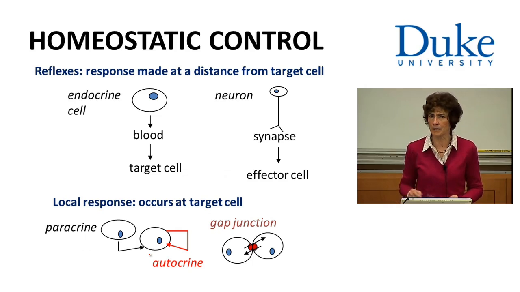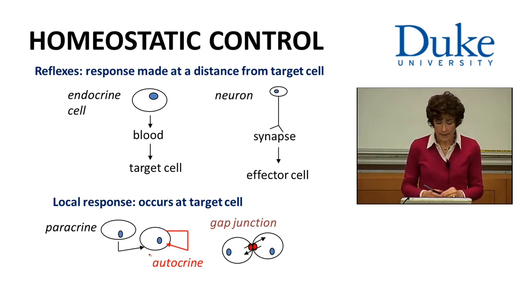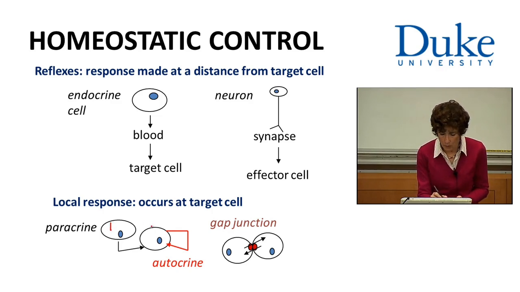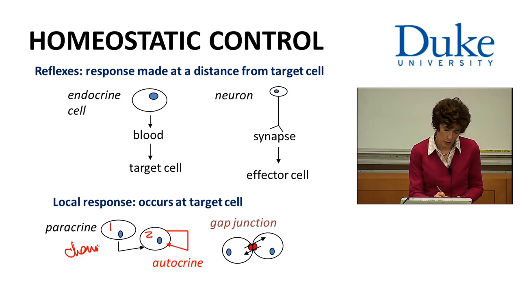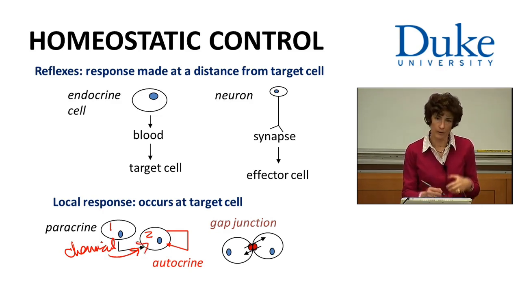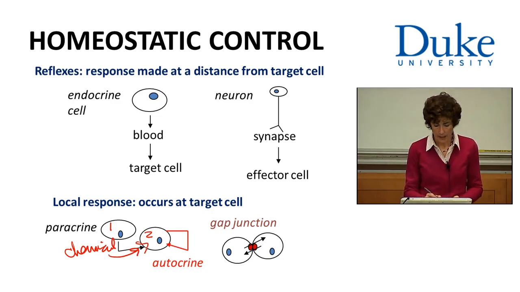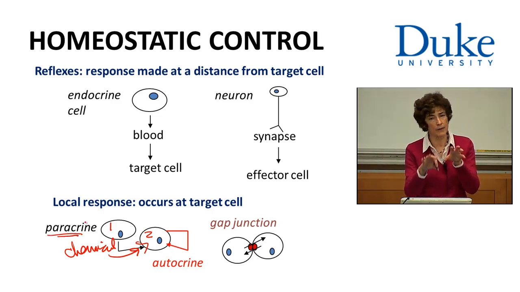Okay, so what are we talking about with homeostatic controls? First of all, we have homeostatic controls that are effected at a local level. And this local response is occurring with neighboring cells. So the first is we have cell 1 and we have cell 2. Cell 1 secretes a chemical, and this chemical then acts on cell 2, which has a protein, or what's called a receptor, which can bind the chemical and become activated by the chemical, and it just gives it a response. This type of control is called a paracrine control, where one neighboring cell is governing the actions of a